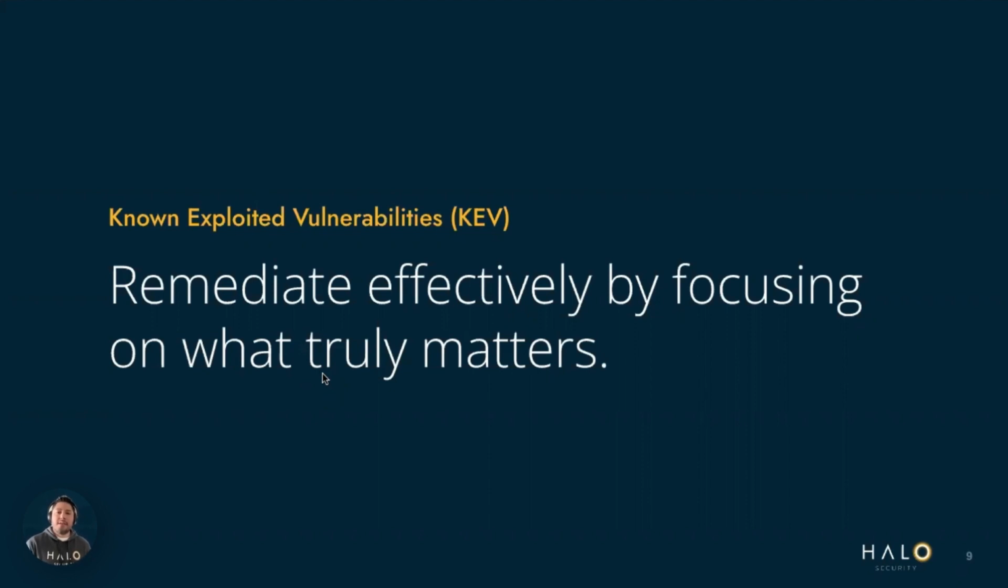Now, CVE is a Common Vulnerabilities and Exposures entry, right? And these are exploitable vulnerabilities. Of the 18,000 CVEs out there, only 4% have been confirmed to have been exploited in the wild. And so the CISA database, CISA is the Cybersecurity and Infrastructure Security Agency of the US government, went ahead and created a database known as KEV, Known Exploited Vulnerabilities. And this is to help you remediate effectively by focusing on what truly matters,